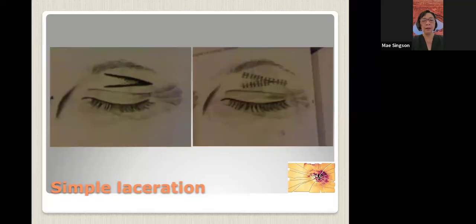Next slide, please. Another example, this is very common. This is a very common kind of laceration in upper lids, simply because the lids are loose. So when there is a laceration, you should have a V form of laceration. Also very common in dog bites. You always have this V laceration. So in repairing this, all you have to follow is make sure you debride it very well, especially if it is a dirty wound, and then suture directly. I usually use 6-0 Prolene or any non-absorbable sutures for this. Next slide, please.